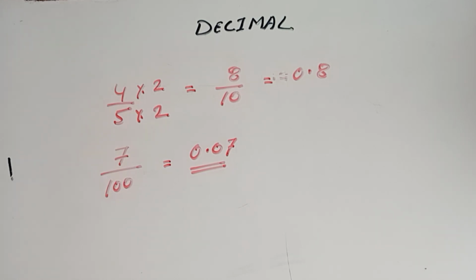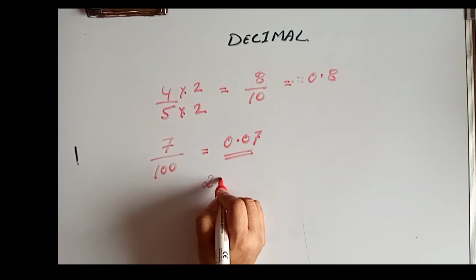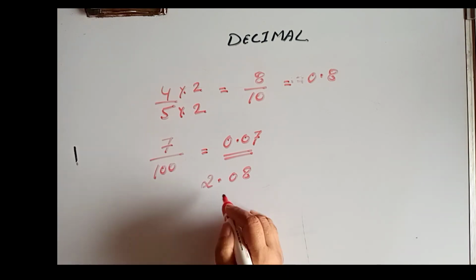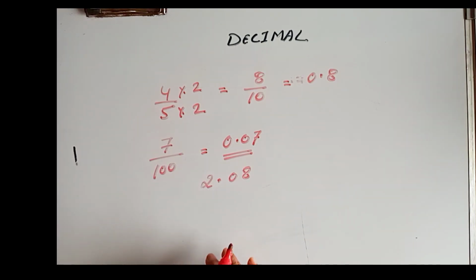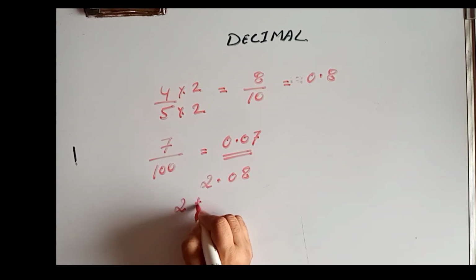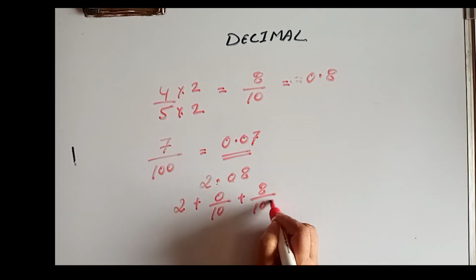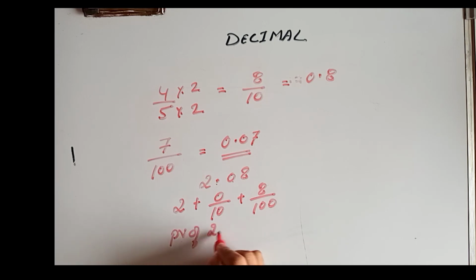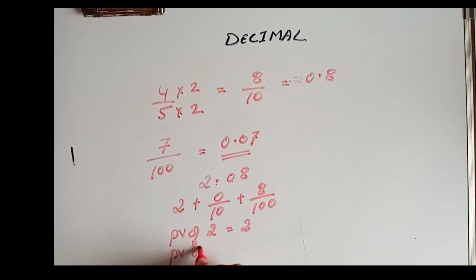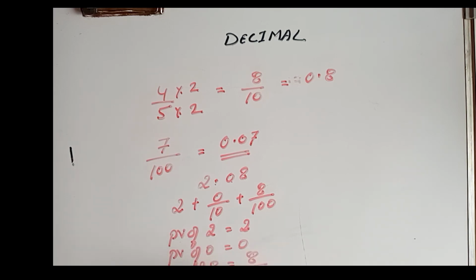Now suppose we will solve one example over here, 2.08, and they are asking you to write this in place value. You have to write this thing in place value. So what I will do, 2 plus 0 by 10 plus 8 by 100, since after the decimal there are 2 digits. So the place value of 2 is 2, the place value of 0 will be 0 itself, and the place value of 8 will be 8 by 100. Now we will do something